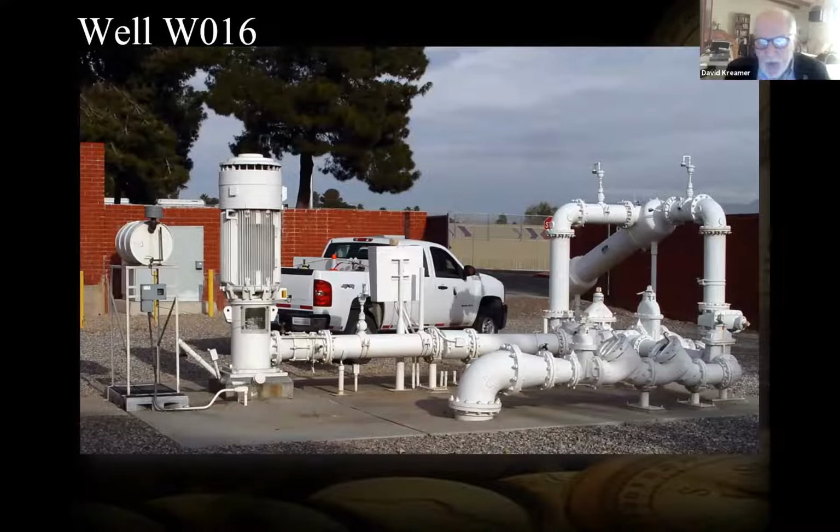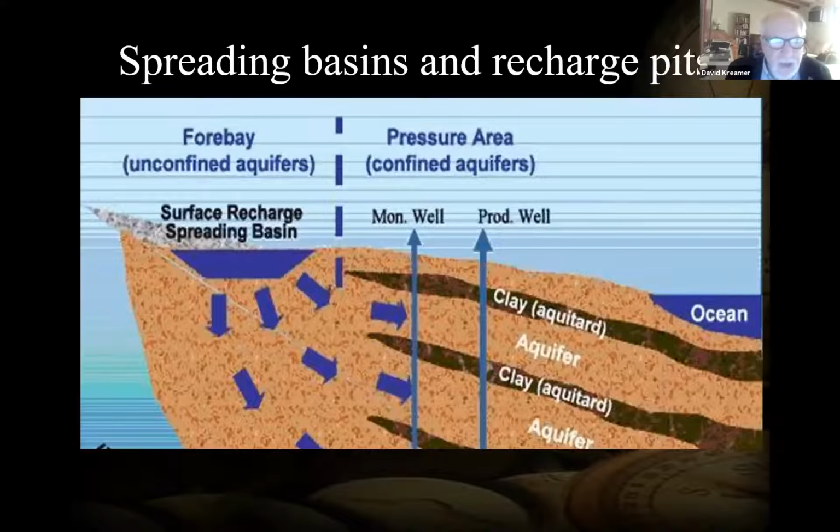This is used when the aquifer systems are rather deep. When you have the right geology and the aquifer systems are rather shallow, you can use a surface recharge spreading basin system. This is used in several places in the southwestern United States in the Colorado River Basin, but it's also very applicable to many places in the Nile River Basin. In this graphic, you can see on the left a surface spreading recharge basin and water then, with the arrows, infiltrating into the different aquifers.